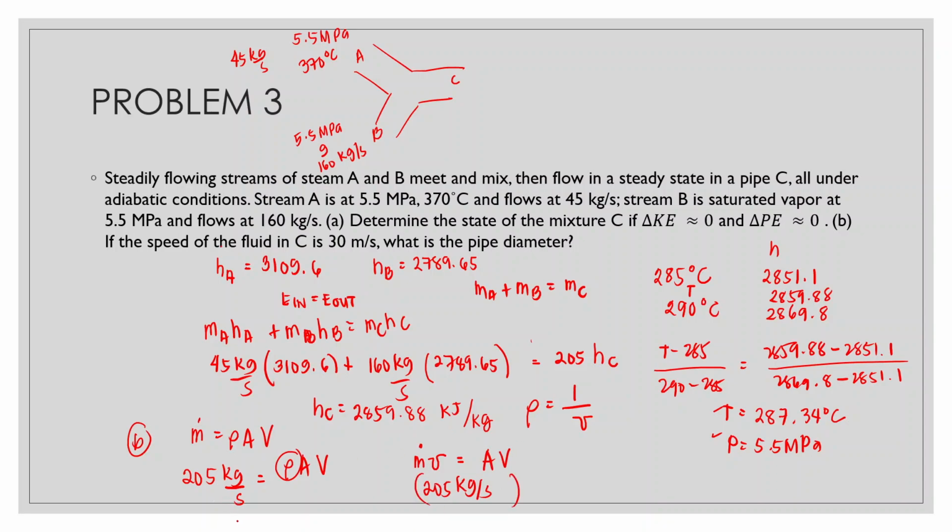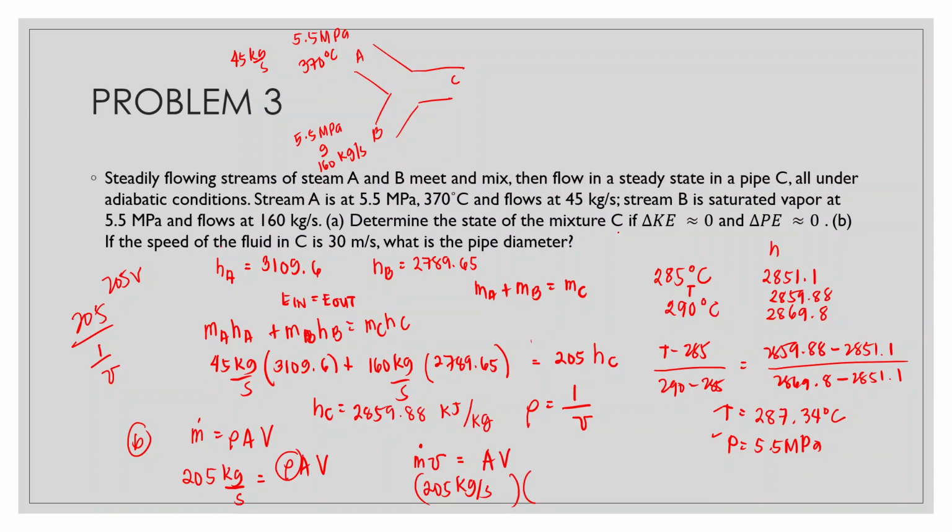Okay, so 1 over V. Tapos, 'di ba pag ganito, 205 over 1 over V is equivalent din yan sa 205V. So, ito yung nangyari dito. So, ang specific volume natin ay equivalent sa